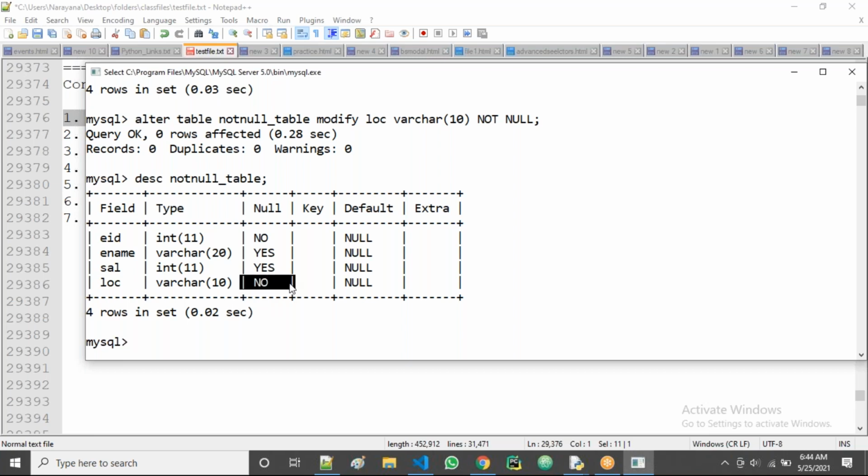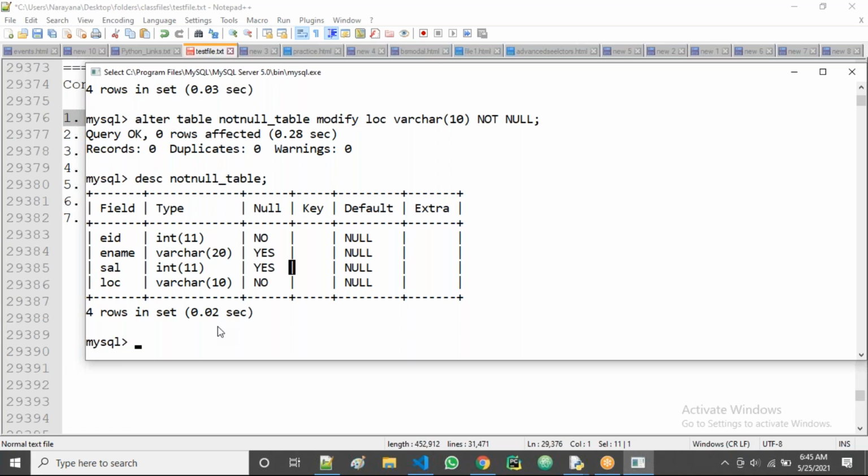You can see, not null is there. I hope you are clear about null and not null, creating and modifying.